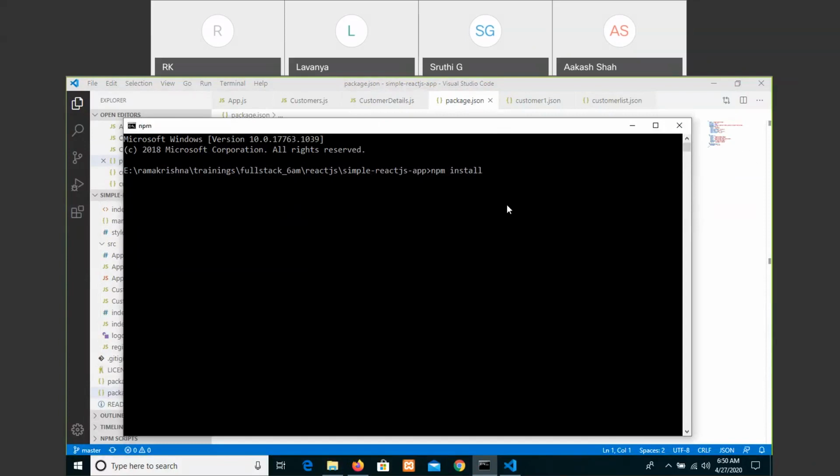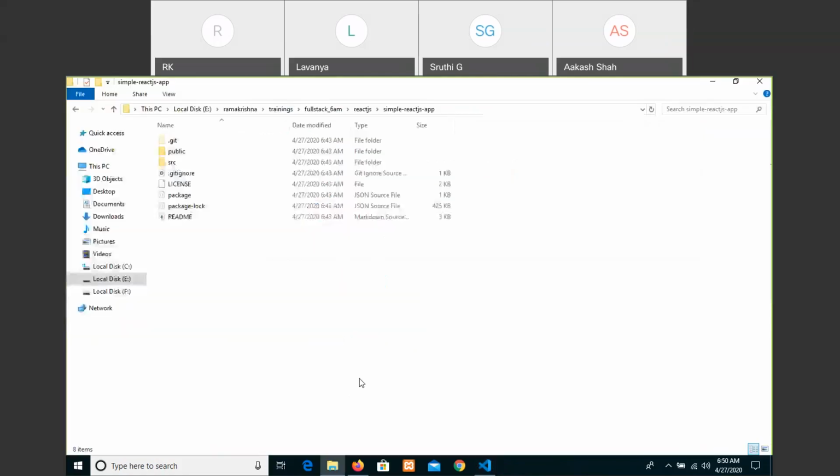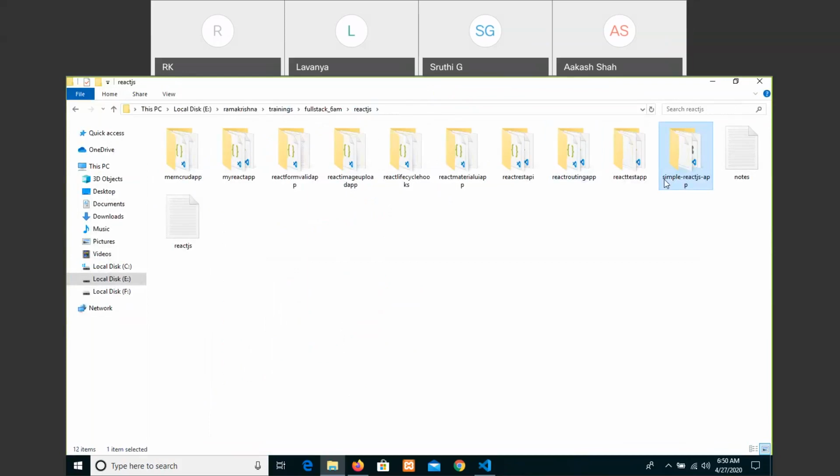I just wanted to give it. Oh, it's already pressed now. Let me stop. Whatever we have downloaded, I will install the required modules of this simple React app that they have given, and Material UI, and we'll discuss outputs later.